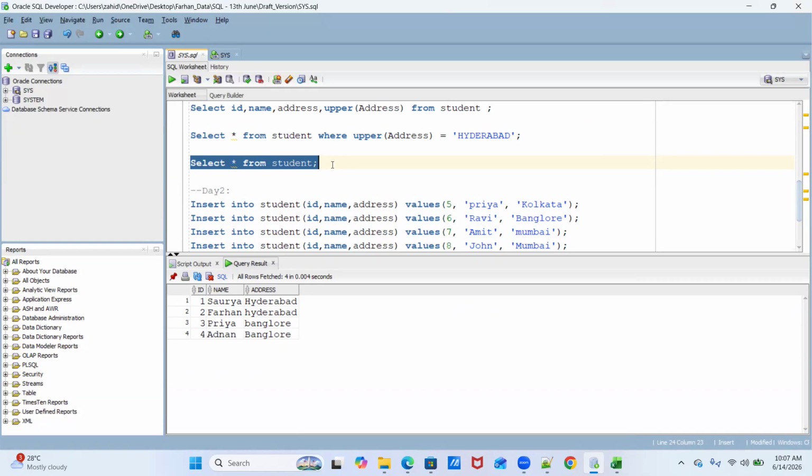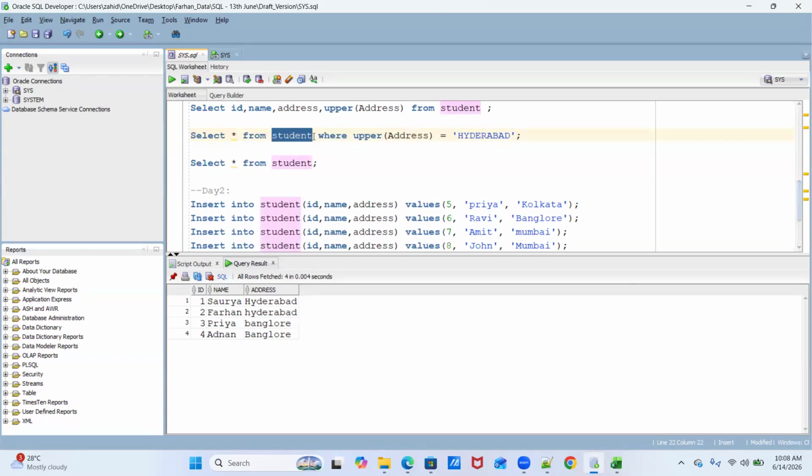And the syntax we already saw: first you write select, then a star, which says you want to display all the columns of the table, and then you mention from where you want to extract the values, from this particular table, student. That is the table name.